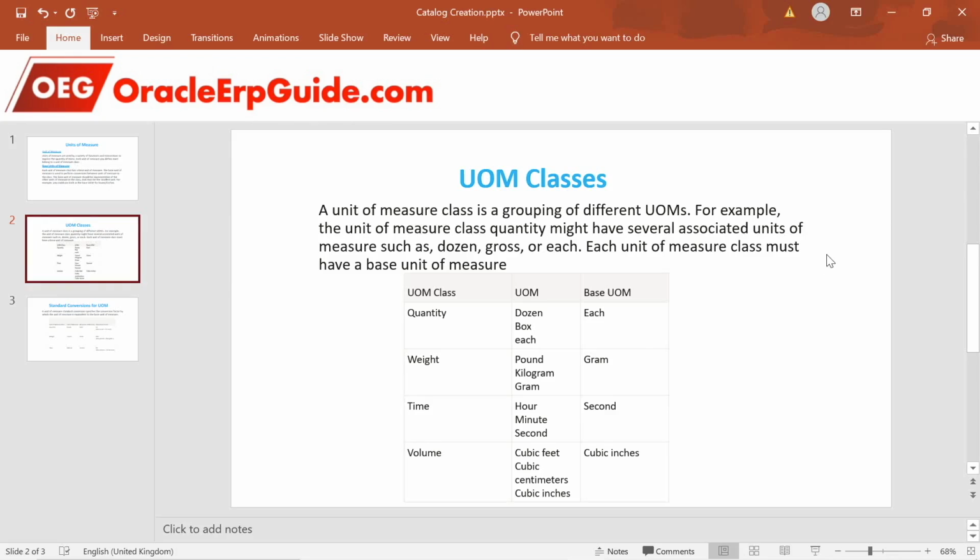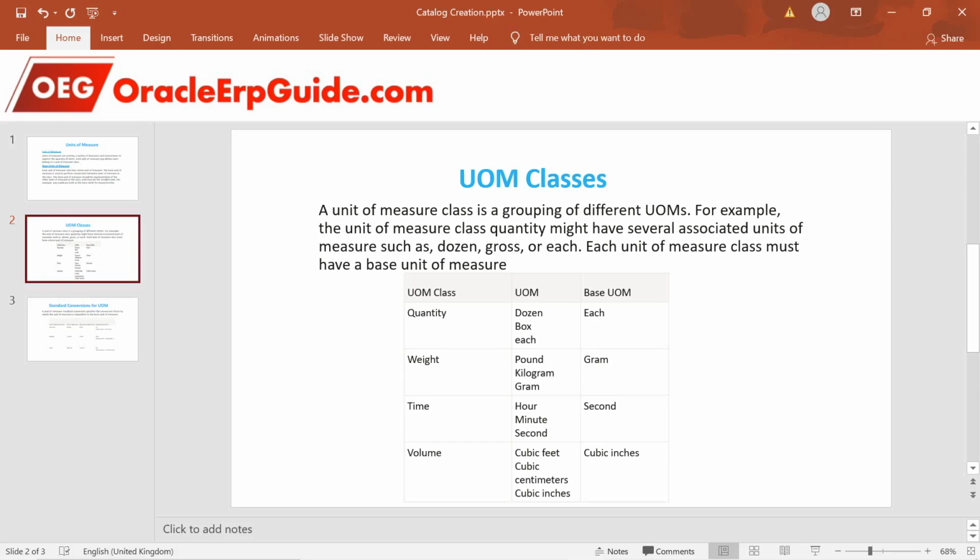Each unit of measure class must have a base unit of measure. As we already said, there should always be a base unit of measure for any UOM. Here you can see the UOM class as quantity, so these UOMs come under quantity. So the UOM class is quantity. What can be the unit of measure?